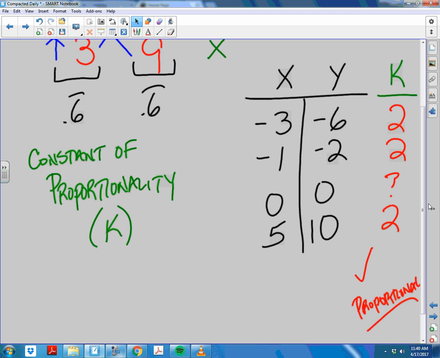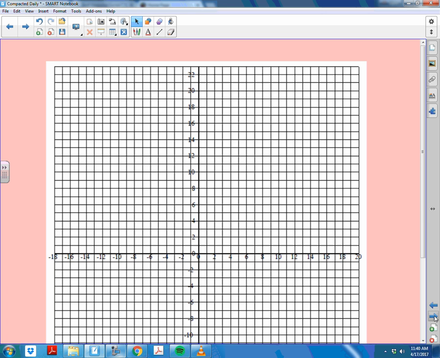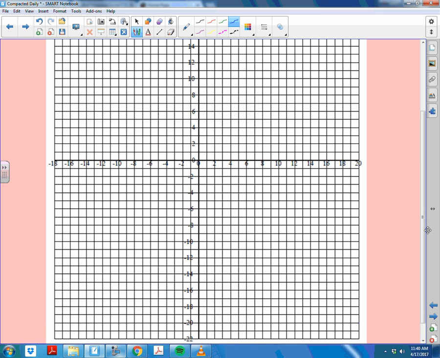And, by the way, something else. Go ahead. -3, -6. So if I were graphing this, and I were to graph at -3, -6, which would be here. I think the other one was -2, -4, -1, -2, 0, 0, and 5, 10. Here. So here are our points. If I were to connect these points, I'll try to get it as straight as I can. If I were to graph these points,